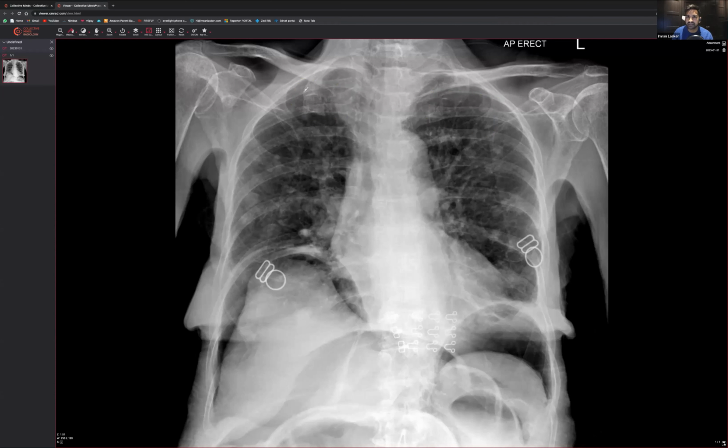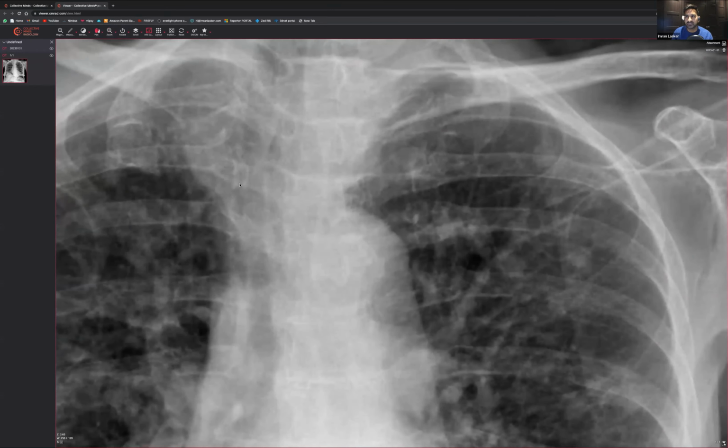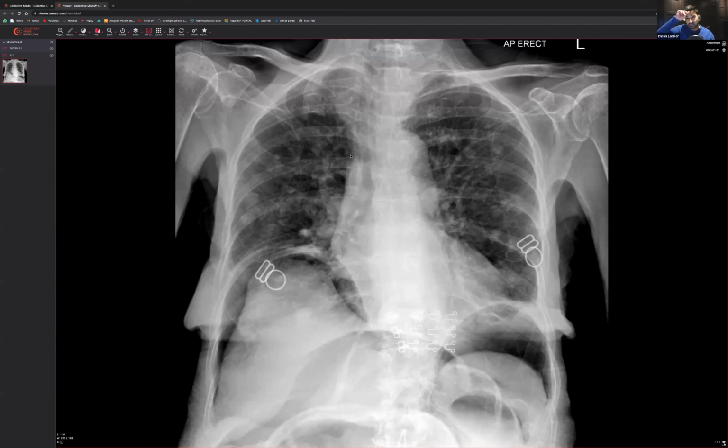So it doesn't look like there's much in the way of a pneumothorax, but maybe slight asymmetry in the way those lungs look, because if you look here, there's a little bit of a circle there, which is not there at all. So let's zoom in and just have a quick look and see what's going on there. It doesn't look quite right there. Yeah, so when you look at the difference between that piece of lung there and that bit along there, it looks like a bit of a circle there. Maybe a circle there, bit of a circle there as well. Okay, fine. So now we've got something going on. So you think, okay, what could those circles be? Are there more? Yeah, there's a circle there, another circle there, another circle there.